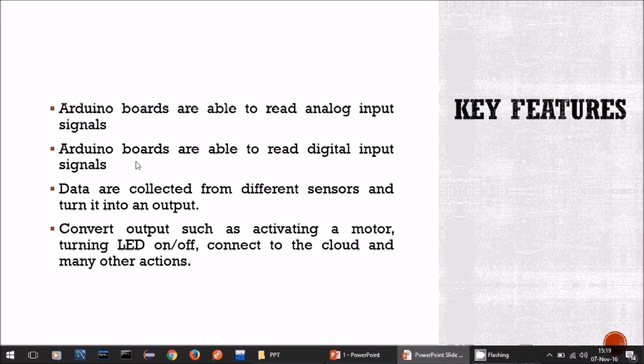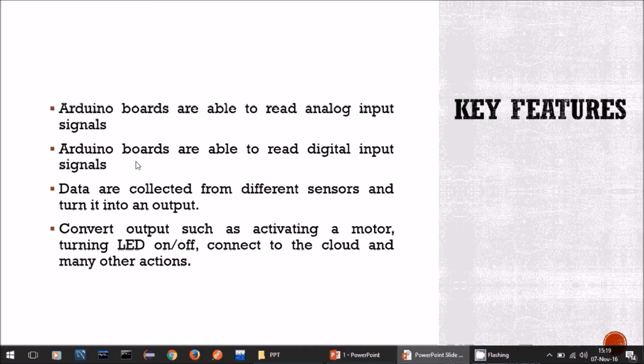Those are analog data, and when we collect them through the input devices, they are collected as analog signals. So Arduino can collect all the variations of the data,